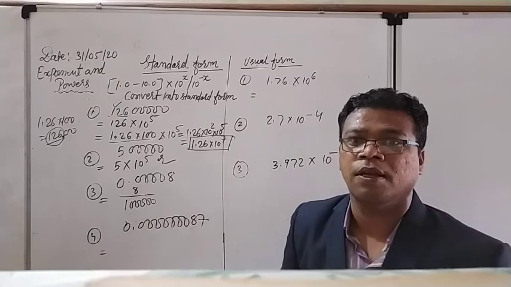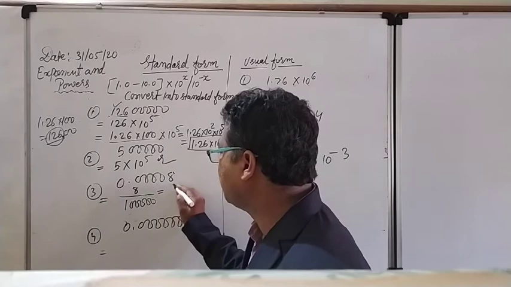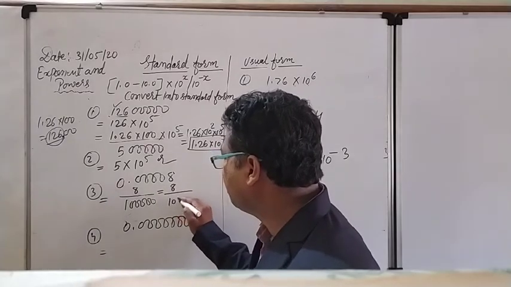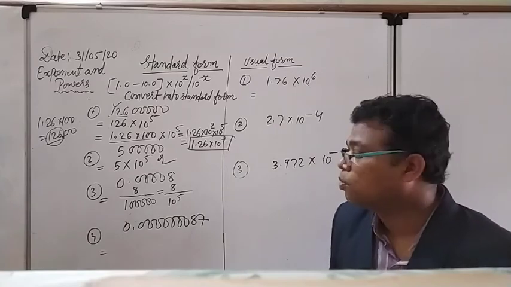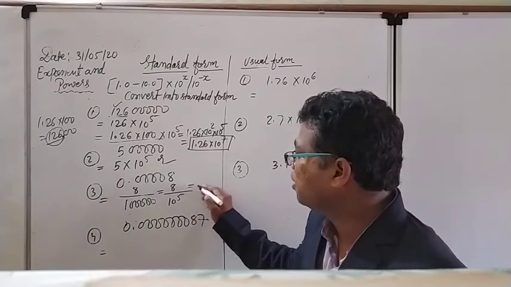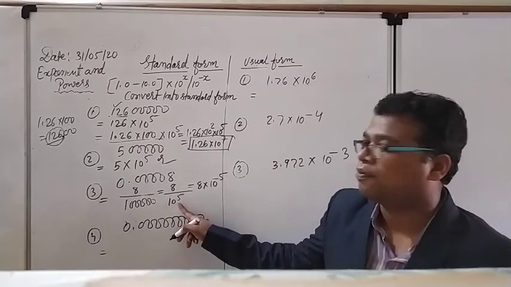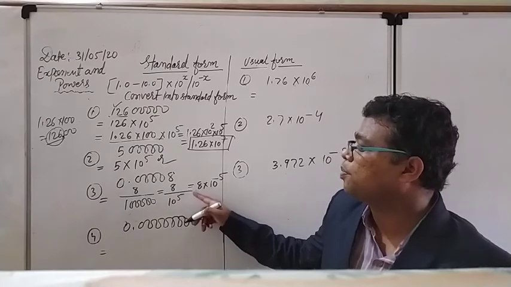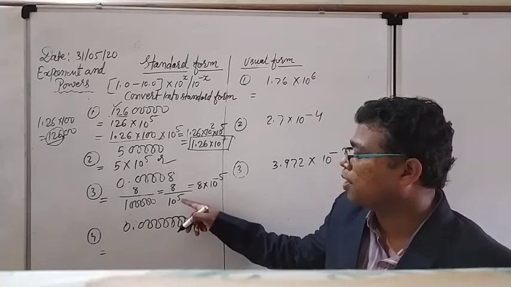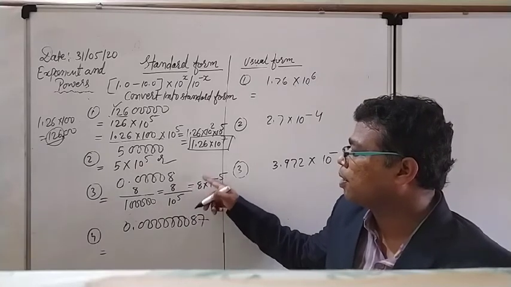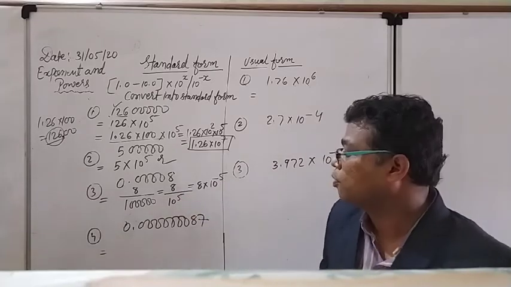Is it okay? Yes. And after that, see the things one by one. That can be written as 8 upon 10 to the power 5. Is it okay for you? Yes. And right now the thing can be written as 8 into 10 to the power minus 5. Why? Because that 10 to the power 5 is a positive exponent, but I have to transfer it to the numerator side. When this comes into the numerator, the positive exponent is converted into the negative form. So that is my answer here.